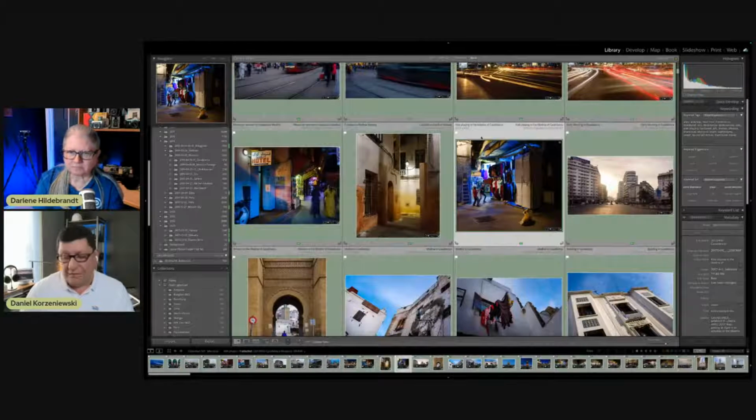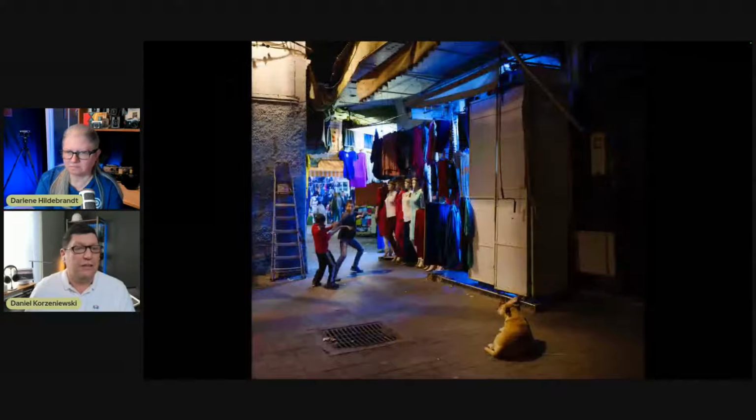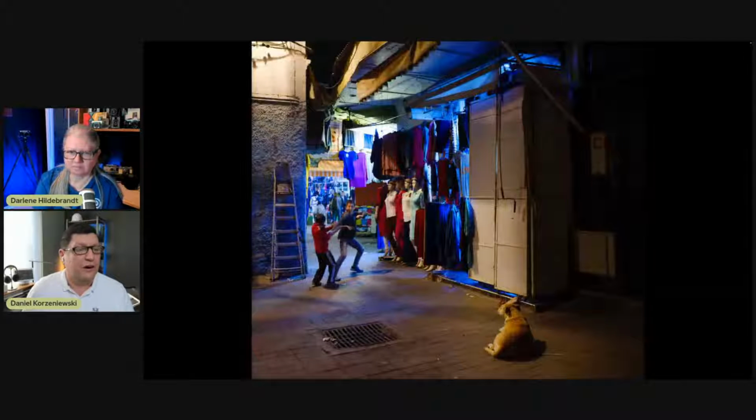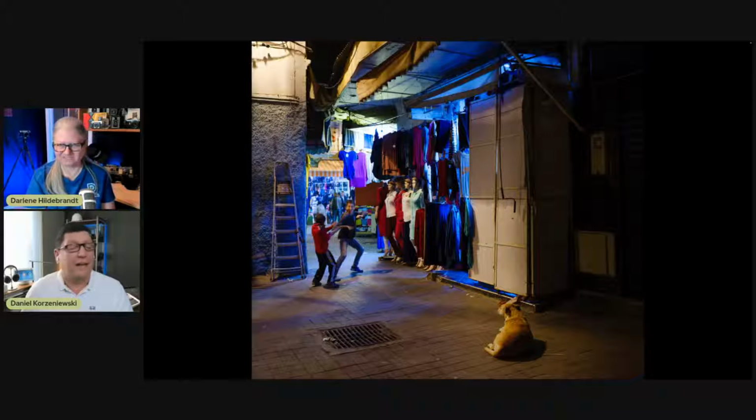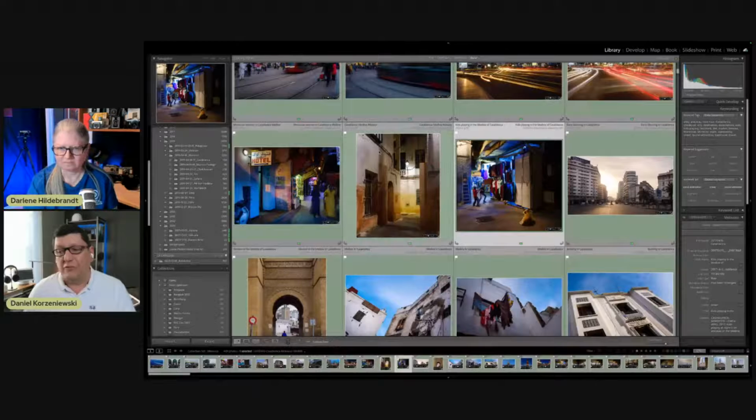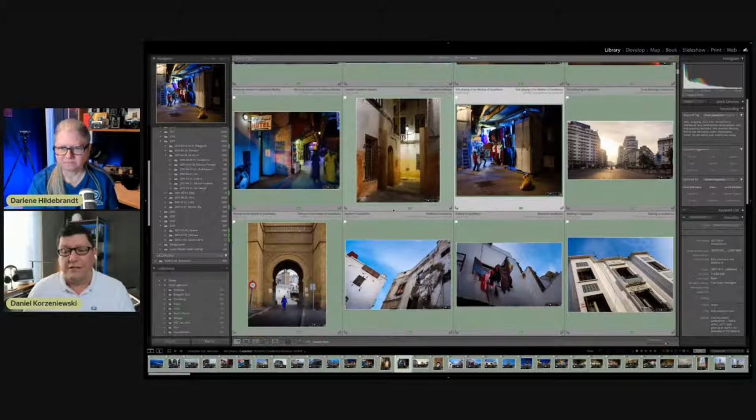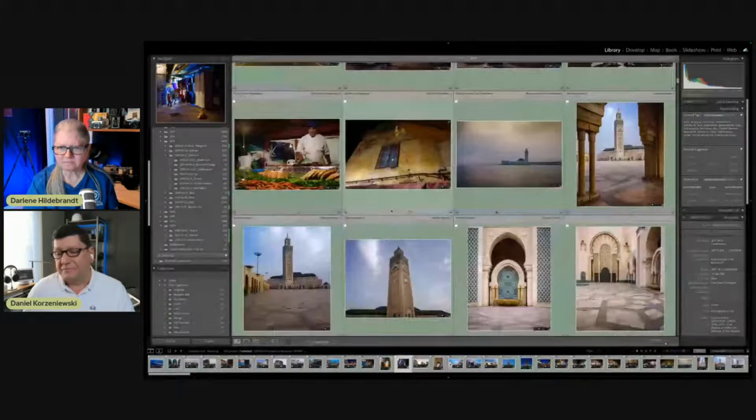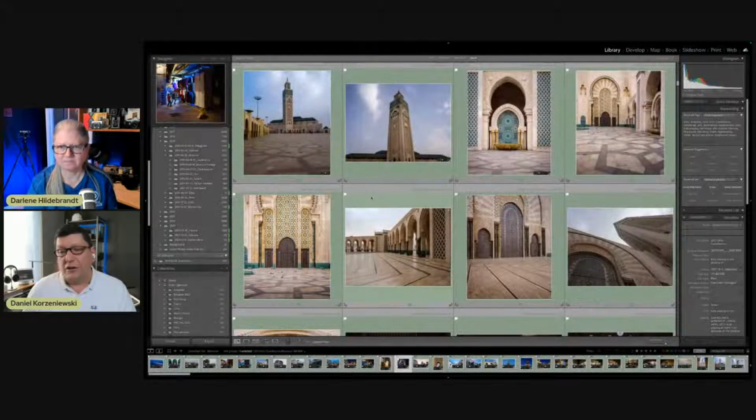Before everyone arrived, I started wandering in the Medina, and this is what I saw. I stand there. There were these guys playing there. The dog was there, and it was amazing. And at that time, I was by myself. Nobody was there in the group yet because I arrived a couple of days before. So you can do a lot of stuff in Morocco. Some of my favorite pictures I did there. And obviously,